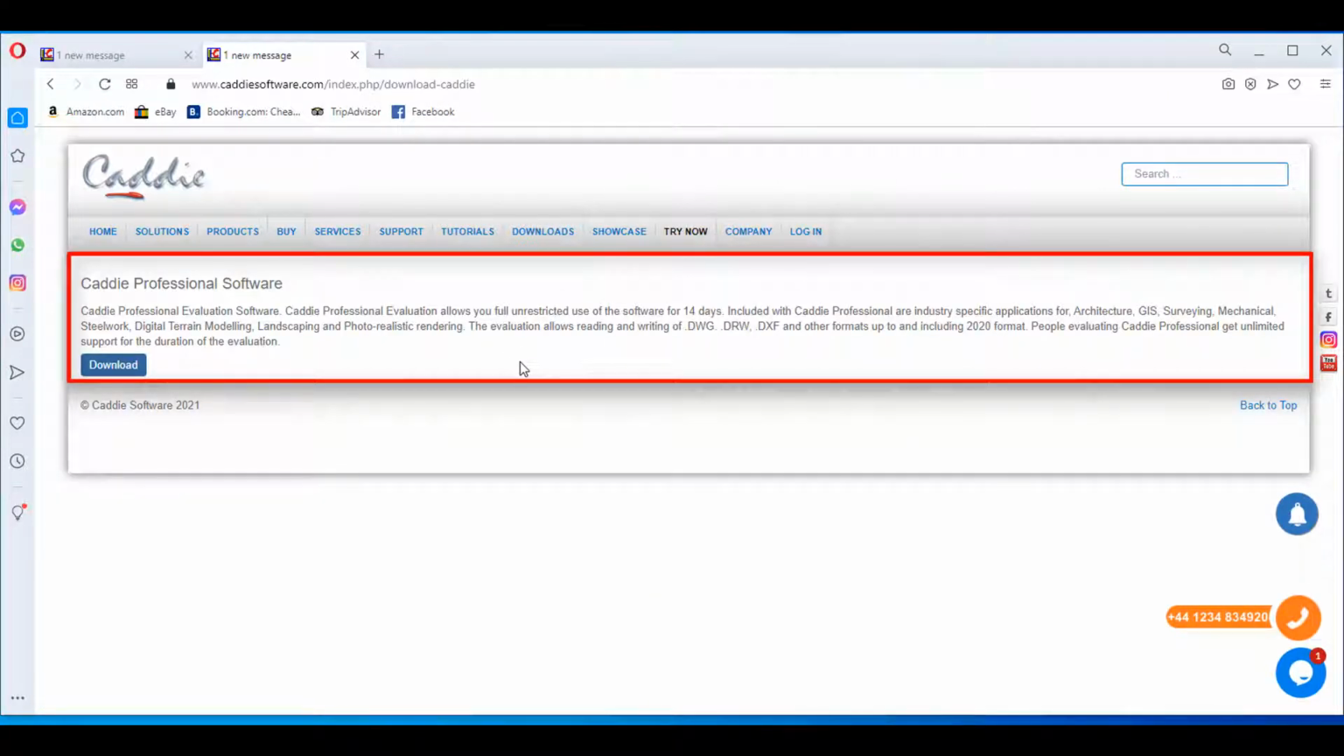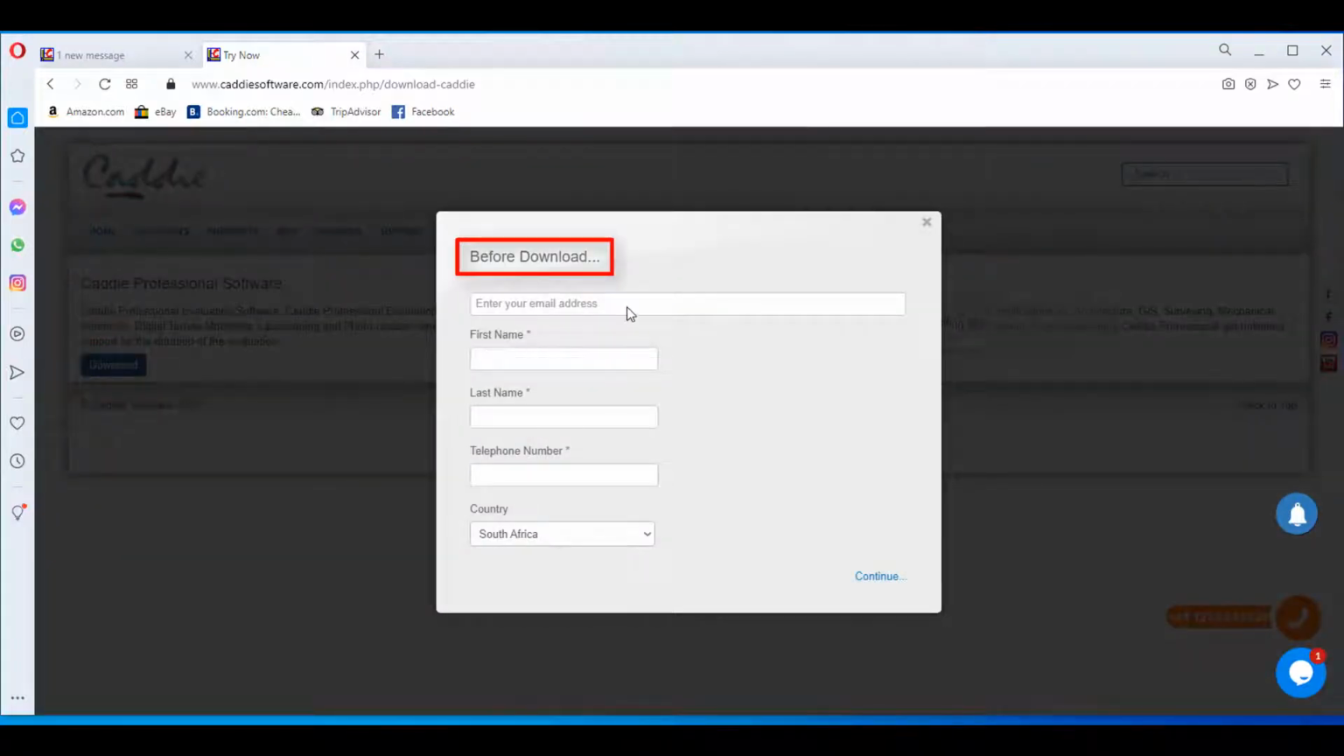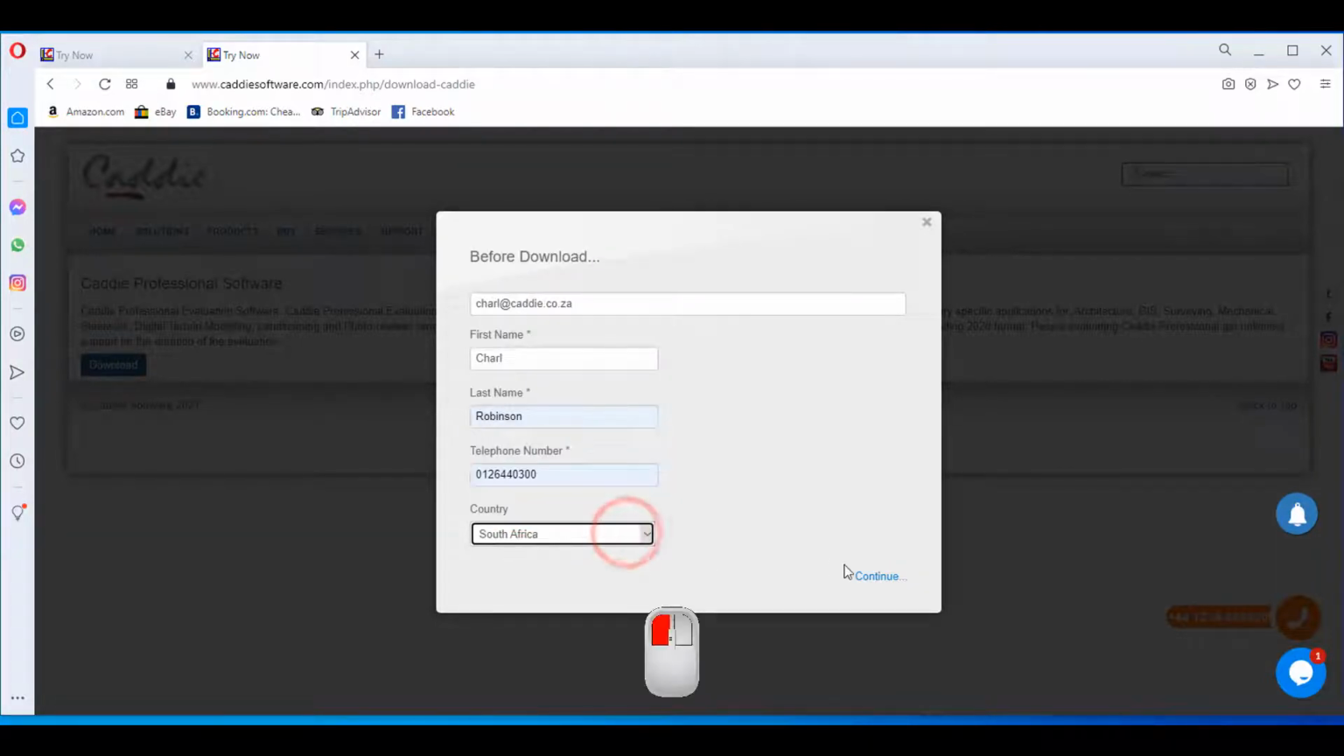Caddie will explain to you how the evaluation version works, as well as what applications is included with the software. So I'm going to click on download, and you're going to add your credentials. So I'm going to start off using mine. First name, last name, your telephone number, and as you can see, I'm in South Africa. So I'm going to say continue,